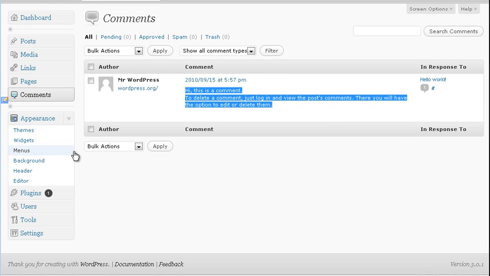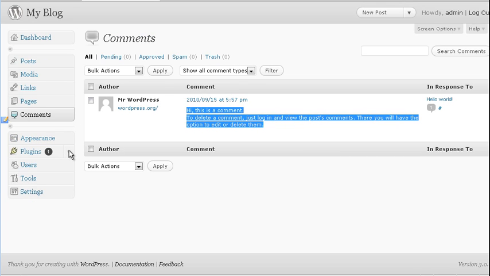Appearance. This is where you can upload themes, where you can adjust your widgets, not the widgets in your dashboard, but the widget areas on the page that everybody sees, the front end of WordPress. Custom menus, drop down menus, change your background, change your header. Editor gets you into the code behind your pages if you need to get in there. So there's quite a bit here. Some time could be spent, and in my course I go over each one of these in detail in the